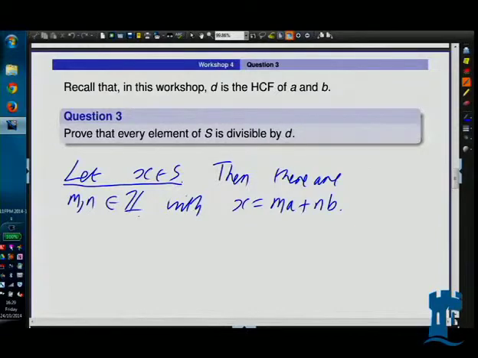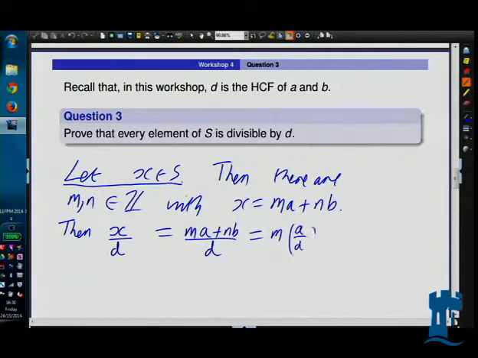So then there's a pair of integers with x equals ma plus nb, that's what S meant. And then, x over D, I divide x by D, that's equal to ma plus nb over D, which is equal to m times a over D plus n times b over D. And this is in Z. Why is that in Z? If you wanted to say more here, you see